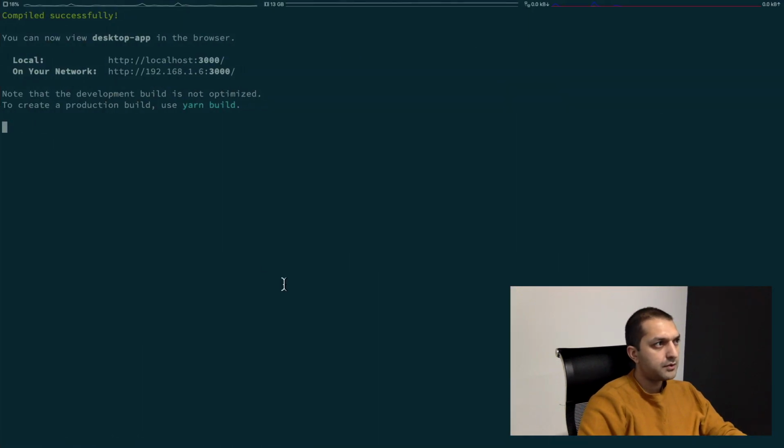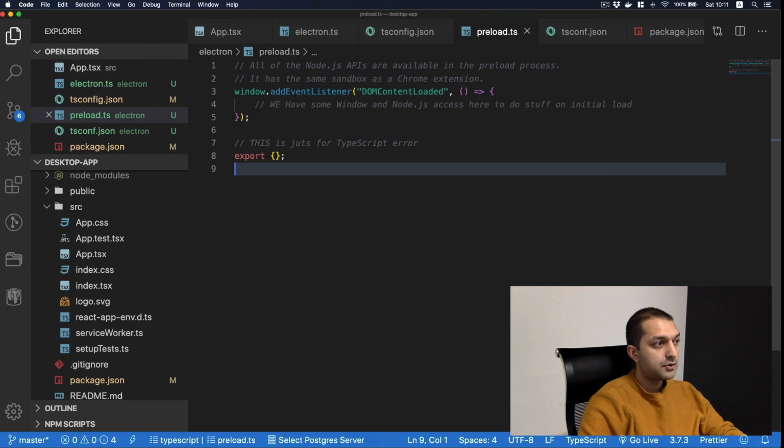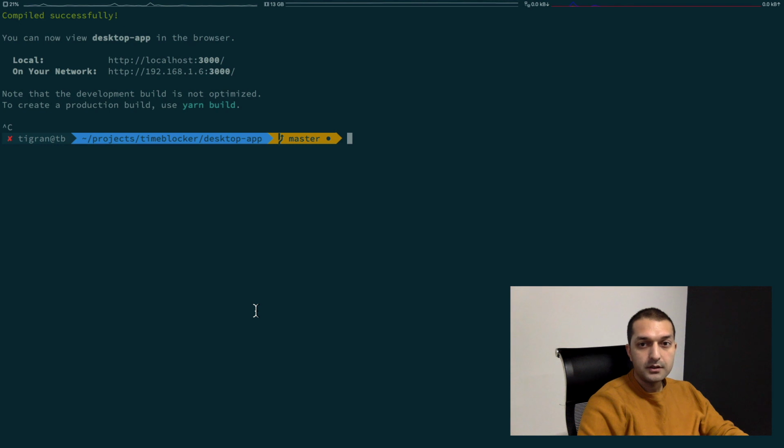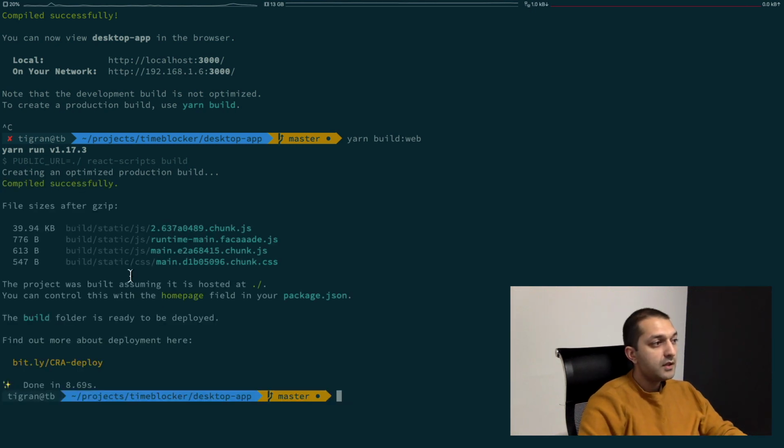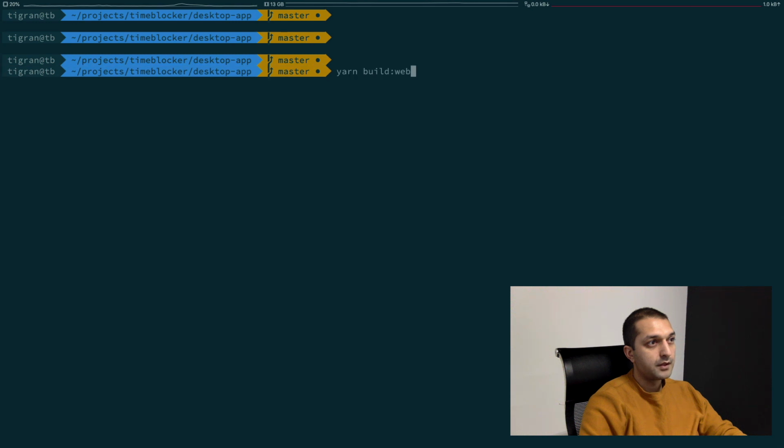So let's just try to run our desktop application. First of all, we are going to build our React app just to get static files compiled for running our Electron application. So we are going to run yarn build web. This is probably the easiest way to do it because we have already defined that. Later on we can make a single script for building and starting, but right now let's just keep it simple here. And after making a build for our web, we can start desktop,